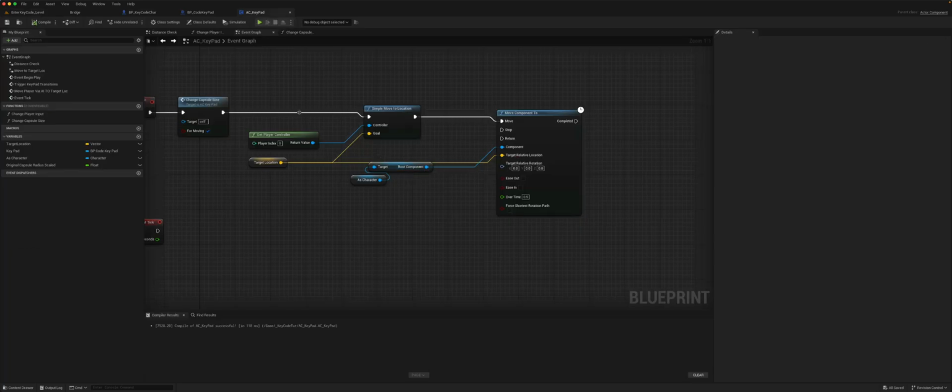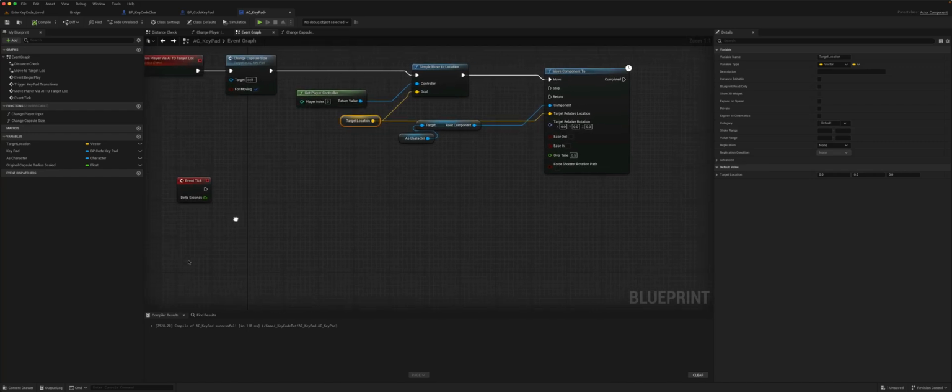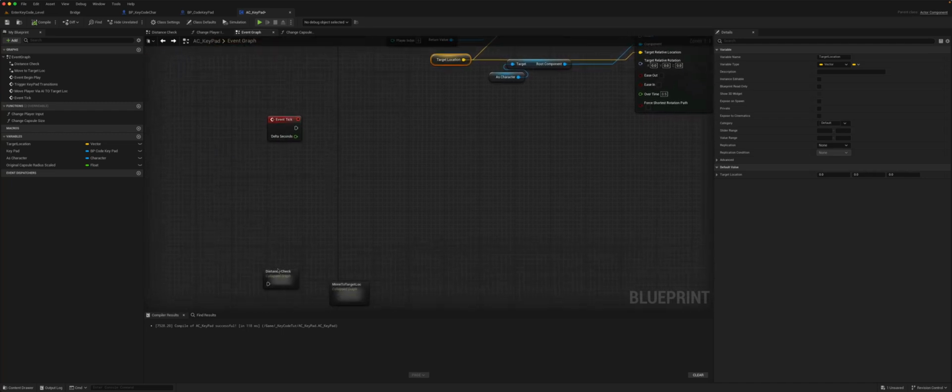Obviously we don't want to do it straight away. We need to make sure that first he's reached the location where he needs to be. So how can we do that? So what I've done is I've written a function here